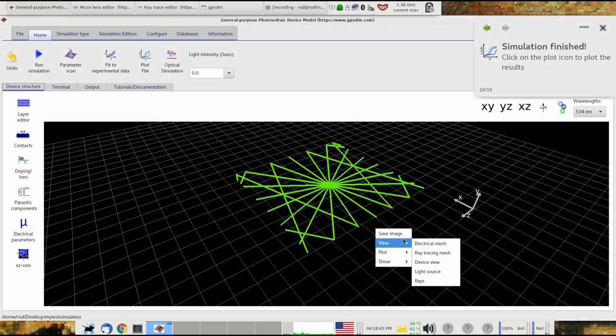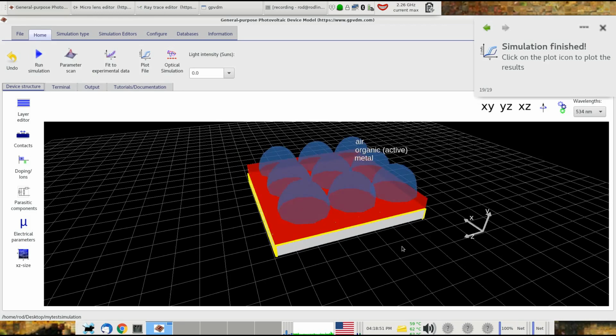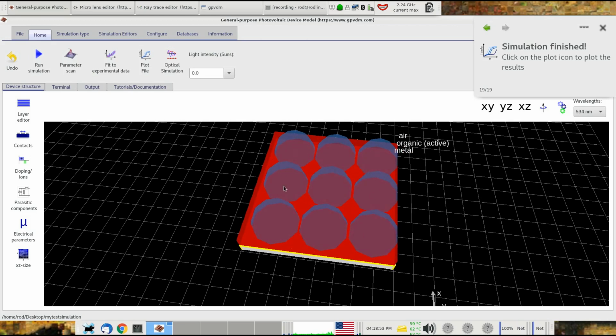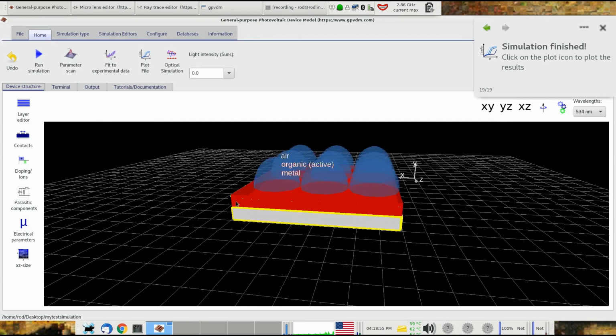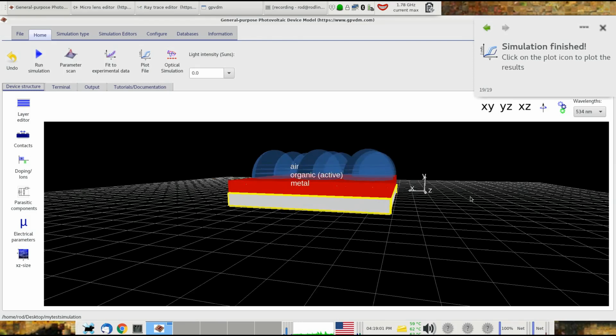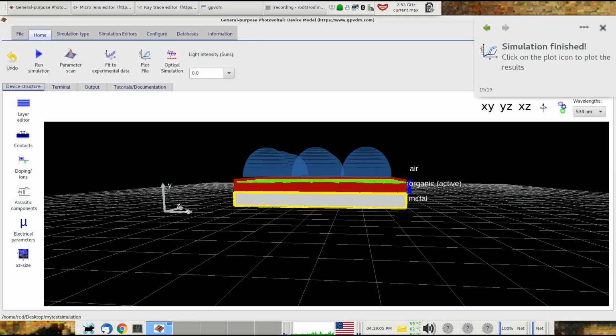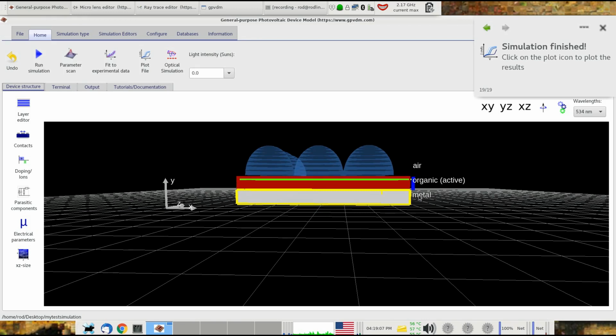Now what we can do, if for example we wanted to explore how light bounces around these micro lenses in one of these layers here, is change exactly at what level the light's launched. So we'll put the device view back on, and then if we turn off this device view,